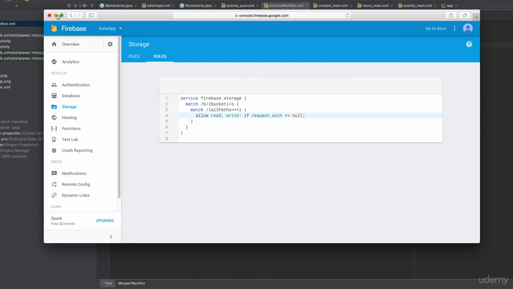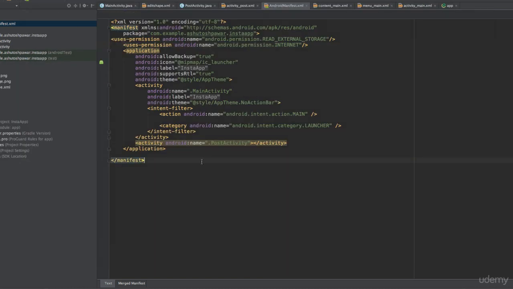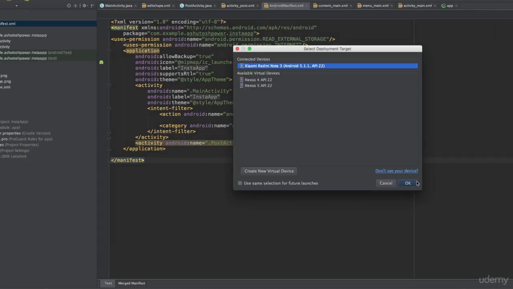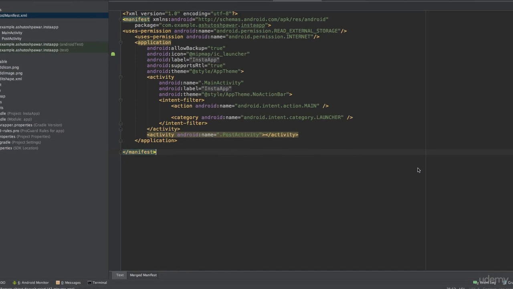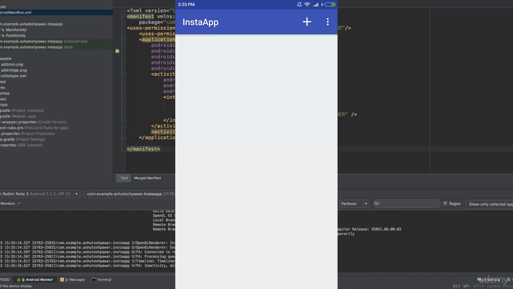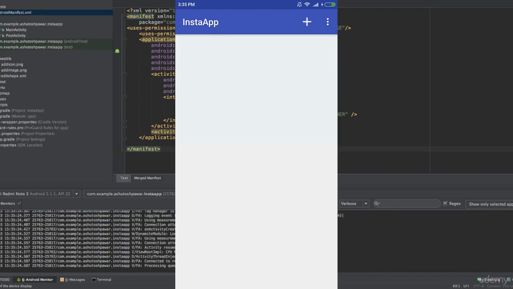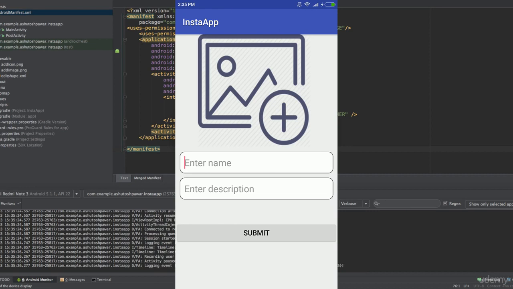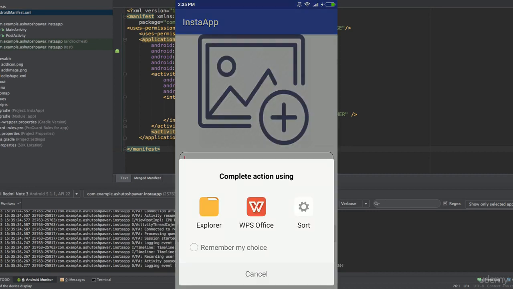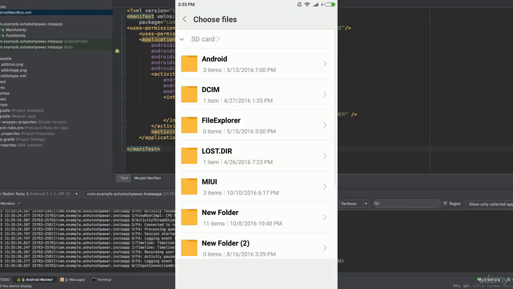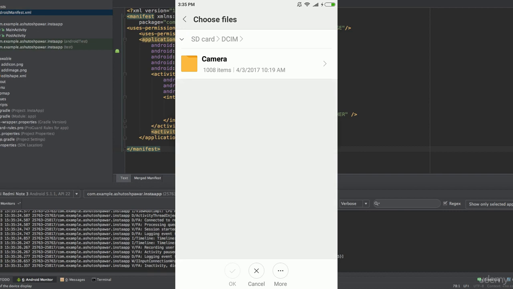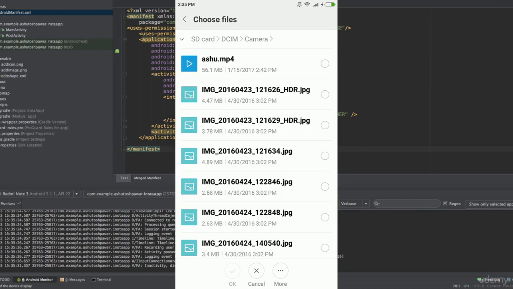Once this is done, let me go ahead, save the code and run this application and see how it works. Okay, so as you could see, the application is up and running. So I'm going to hit this plus sign. I'm going to click the image button and select some random image from my SD card or camera. So let me just select, let's say, this particular image. I'm going to hit OK,